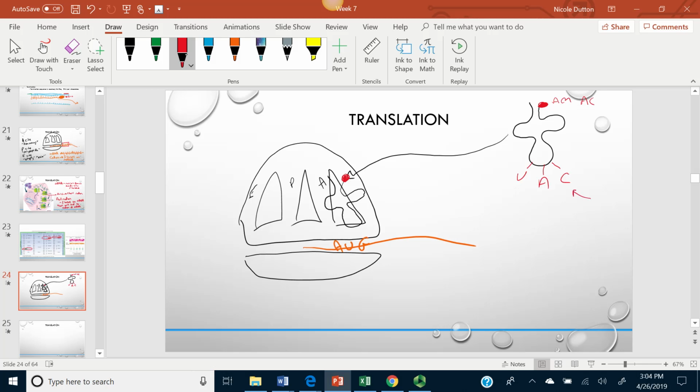And this anticodon, UAC, will bond complementarily to the codon, AUG, of messenger RNA. So now these are bonded. You have the anticodon of tRNA, you have the codon of mRNA, and now this amino acid will be incorporated